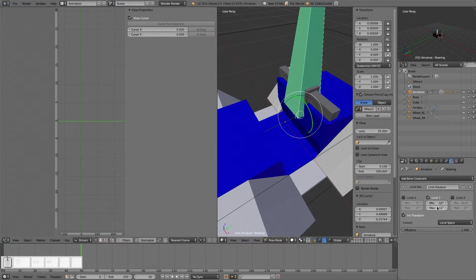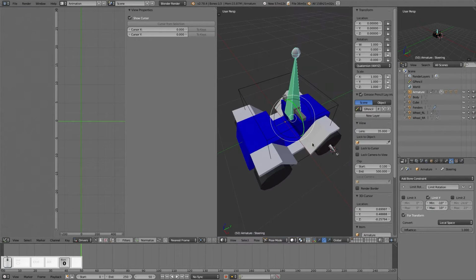Let's just do -10 and +10. You wouldn't want the wheels getting close enough to the fenders where they could rub anyway. Right, there we go. So now the steering can only steer so far, and the wheels still spin the correct direction while turned. So all is dandy. The only thing you may still want to do is